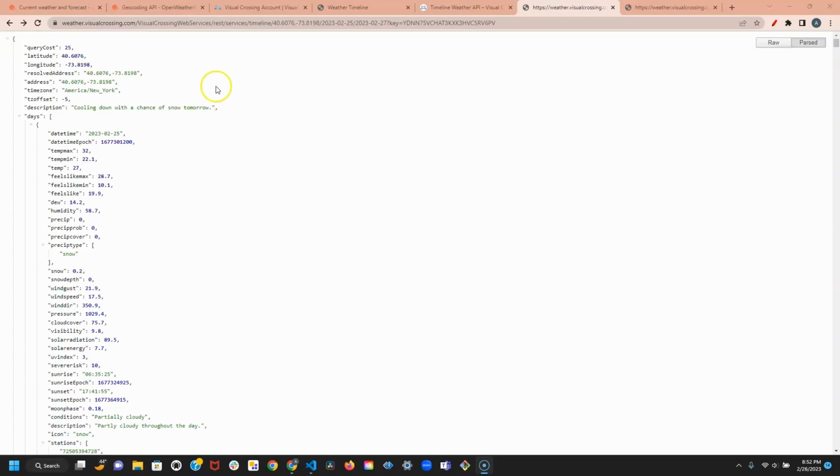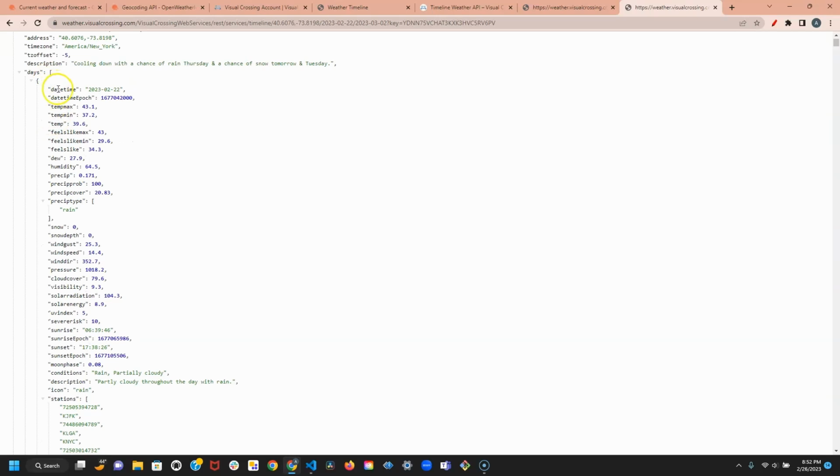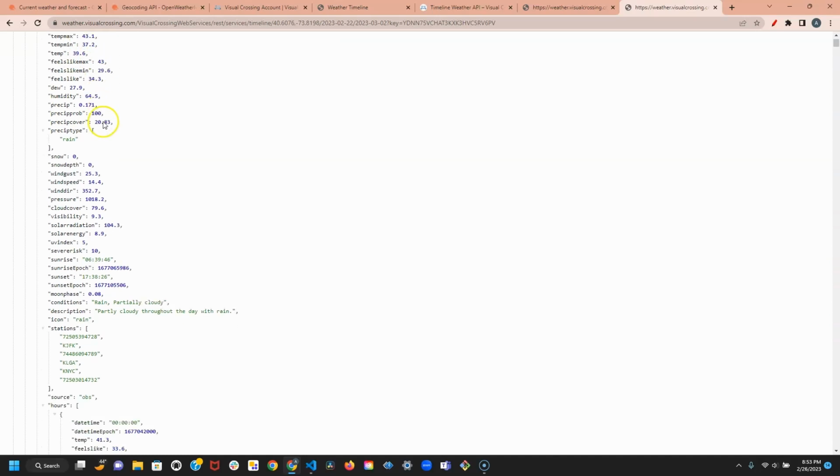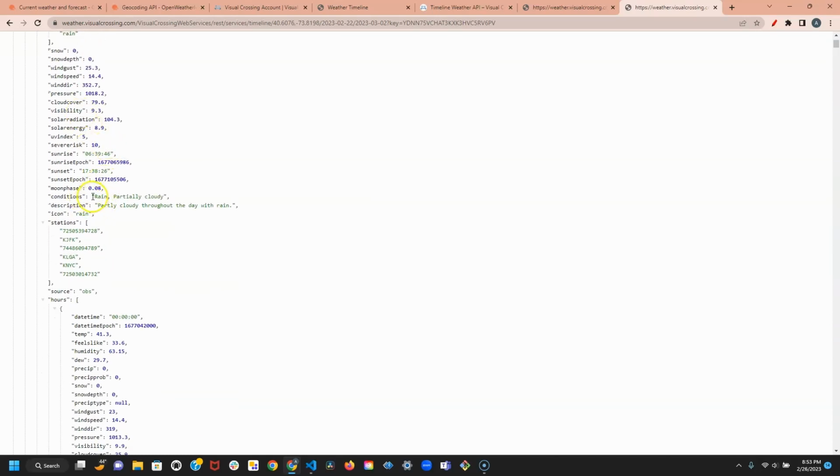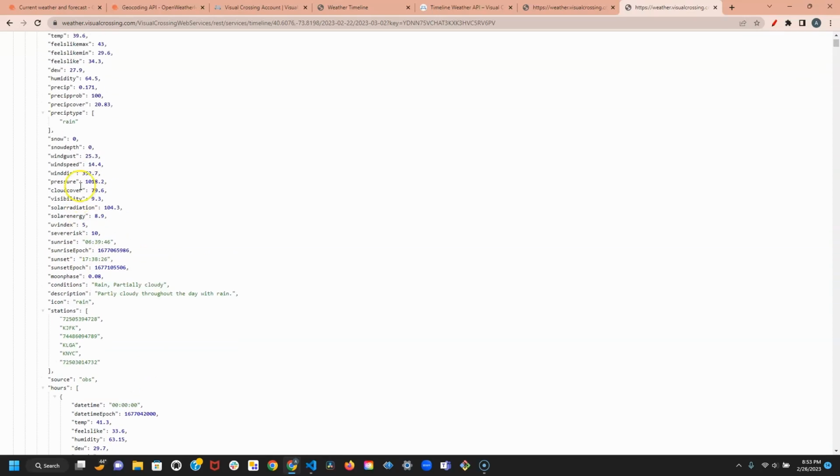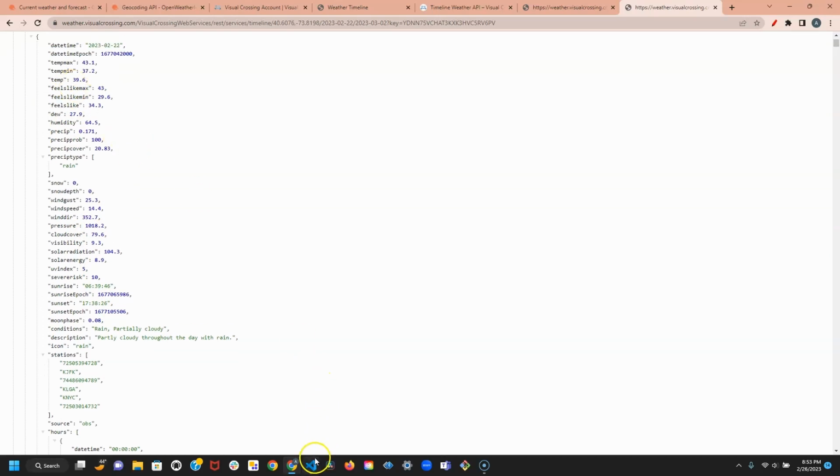If we look back at the JSON when we try to call the data for the daily samples, which would be this one, we can see that days is a property, and then days is a list. And inside of this list, we can specify the datetime property, which gives us the date. And we can also specify temp, which gives us the temperature of that day in Celsius. And then down here, conditions gives us the general weather. So we can reference all of these properties in our code, and also humidity, because why not? So go back,